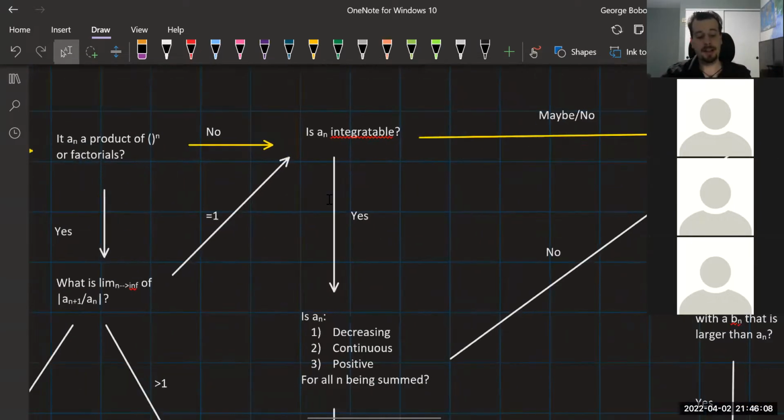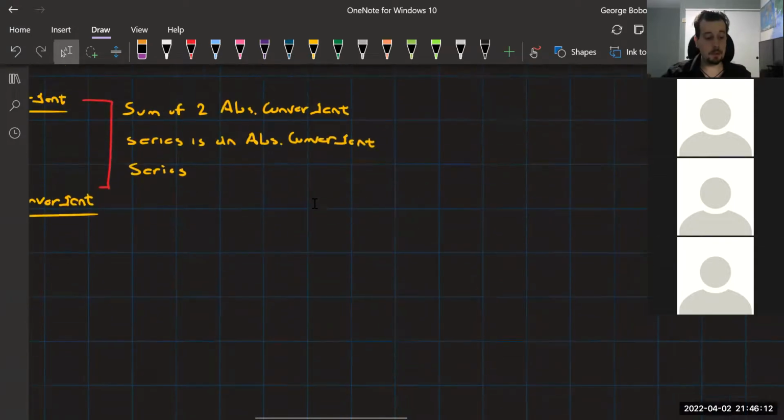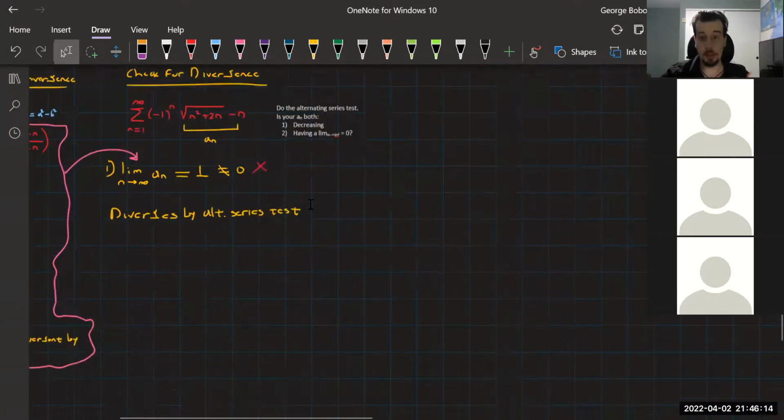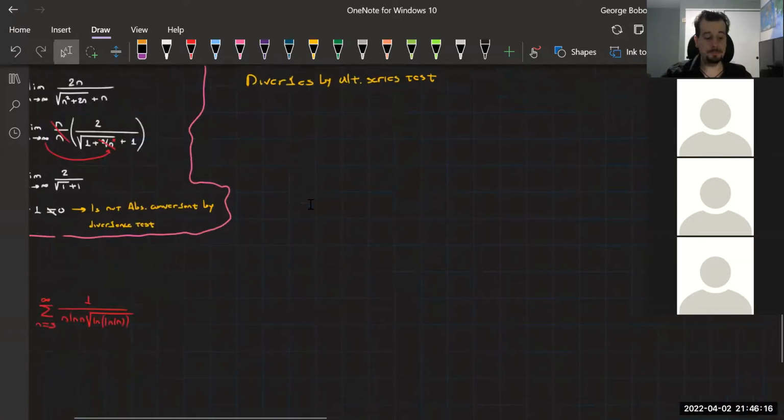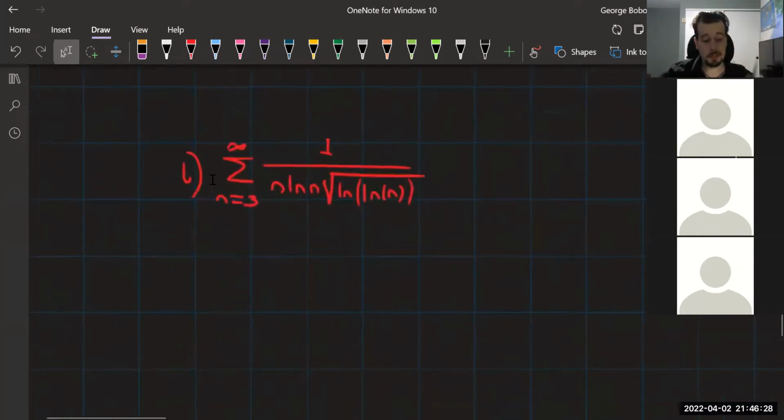Now, obviously, this requires a little bit of wit, right? You're not going to just be walking around here and just, bam, see that. You have to pay close attention to these steps that I'm outlining on the flow chart. Now, I've taken care, because I know you guys, when you see this, you're going to be like, no, it's not integrable. I've taken precautions because I know you're going to do this.